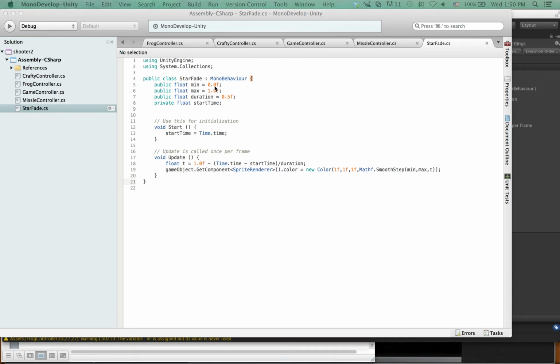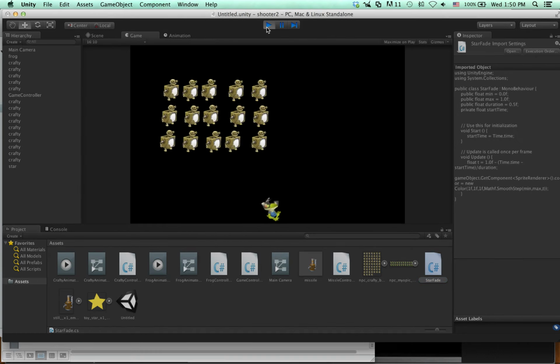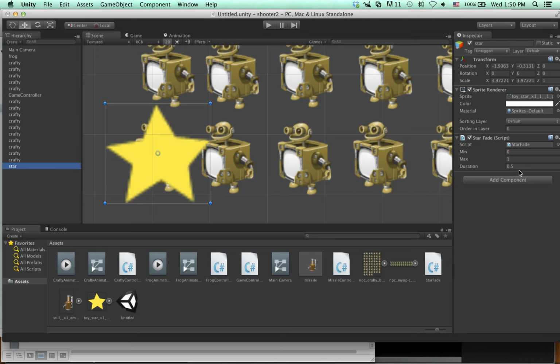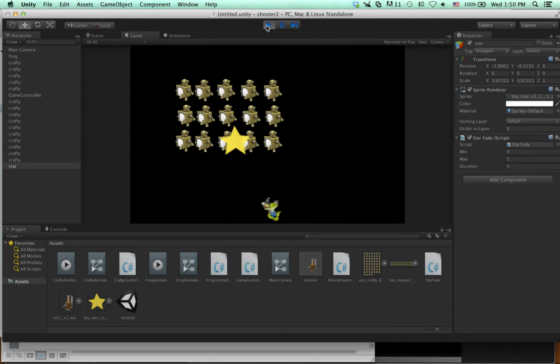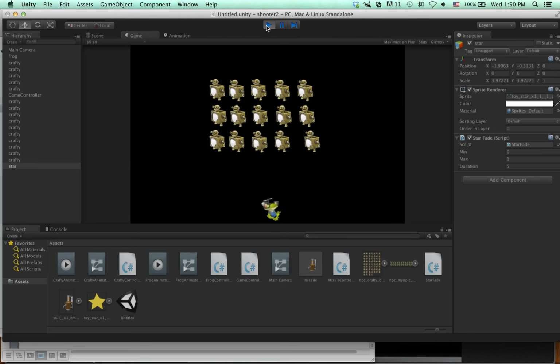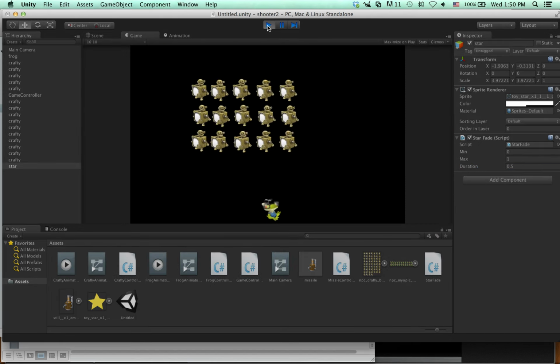So let's see what happens. Okay, did you see that? It kind of went fast. So let's see, our star object, I will change our duration to like 5 seconds. And now it's fading out over time. And that's a really slow fade for an explosion. So if I put it back to 0.5 and then we run,